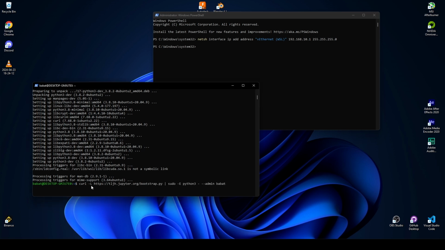What this command does is download the script from TLJH, and then we need to add an admin user to the JupyterHub.